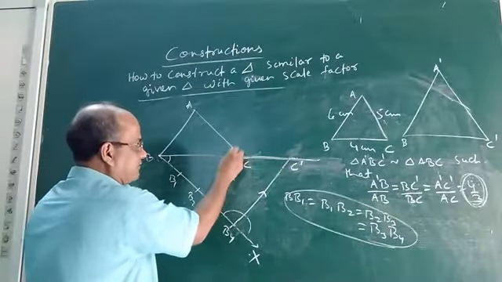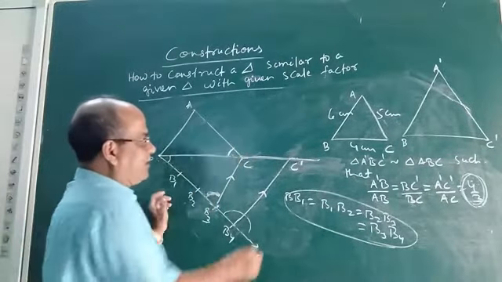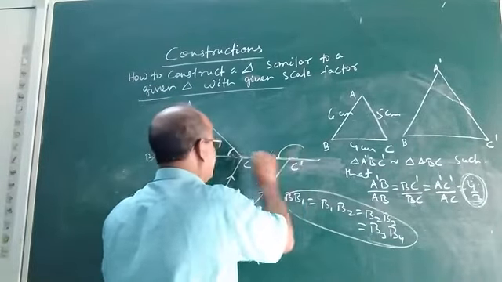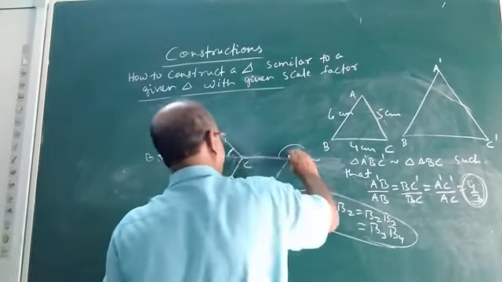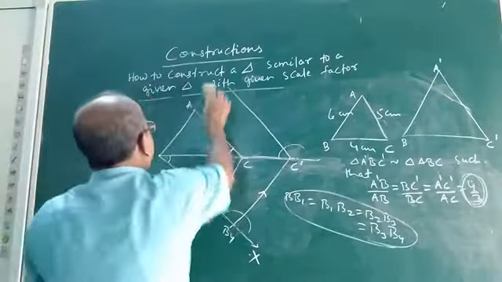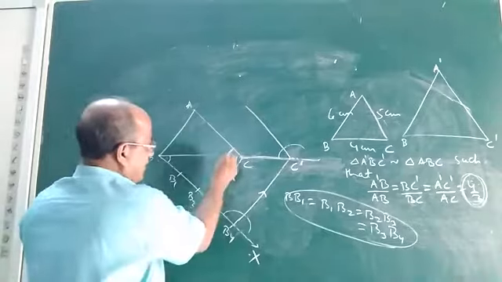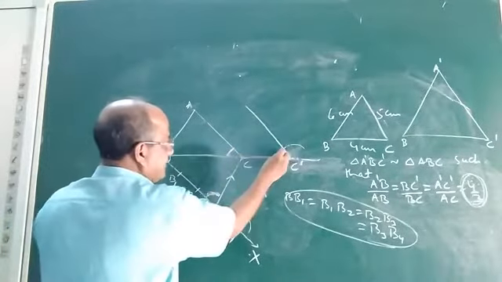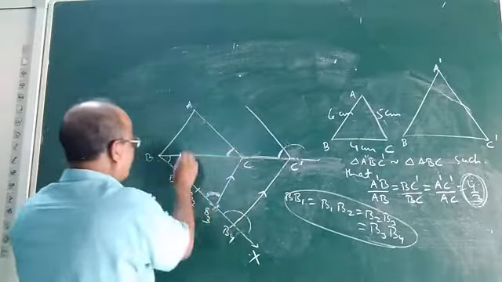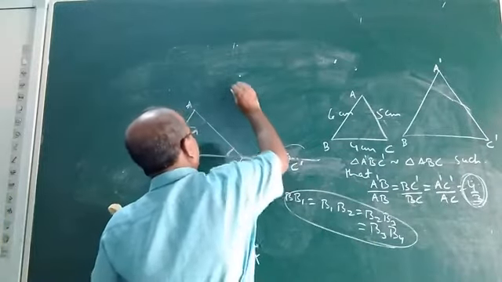Okay. Now what is the next step? The next step, you see this angle. Look at the angle ACB. Now this angle you have to shift. You got the point C dash. Let us shift this angle. Now I am shifting the angle. See, angle ACB. Shift this angle at the vertex or point C dash. So if you shift this angle, these two angles, angle ACB and this angle at C dash, will be equal. If you shift, it will go like this.